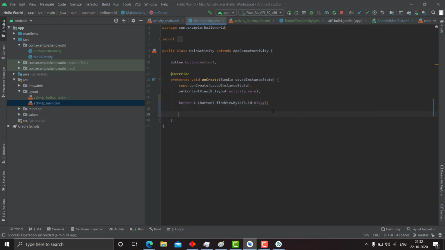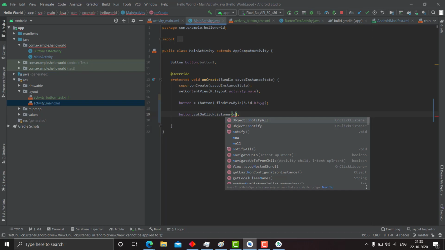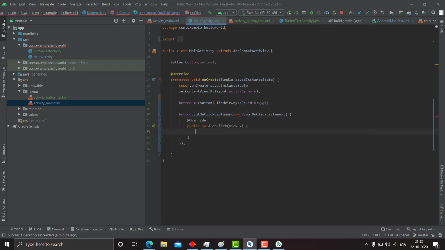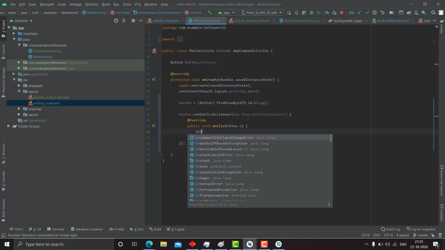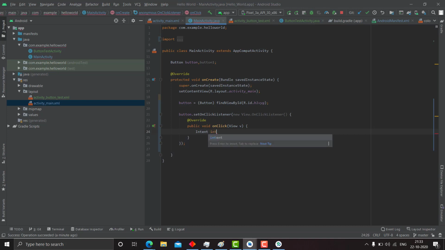Now, whenever we click this button, we need to go to the next activity. So what do we do for that? We basically write button.setOnClickListener, new OnClickListener. In this video I'm explaining various concepts, like going to the next activity. So we will write intent. Now, what is an intent?